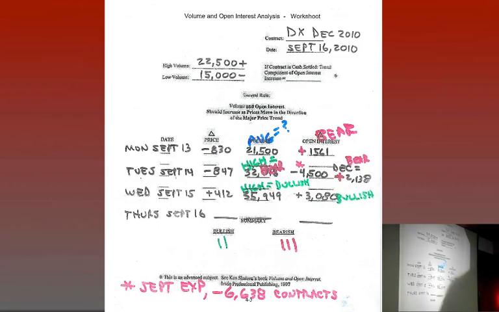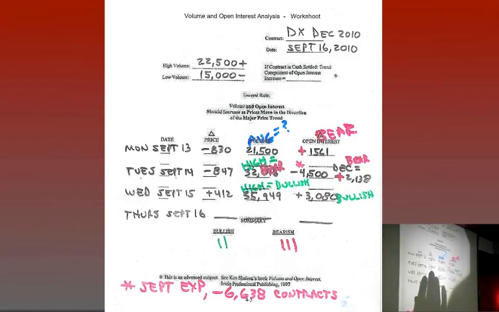Okay, but price down, open interest up. Price went down, open interest expanded. According to this rule, what does that say should be the direction of the major price trend? See, whenever you see a positive change in open interest, you go to this sign and say that must be the direction of the major price trend. So that should be a bear. That's a bearish interaction between price change and open interest. The bears were in control. They were adding to their positions on the way down. They were the smart money because that's the direction the market was going that day.